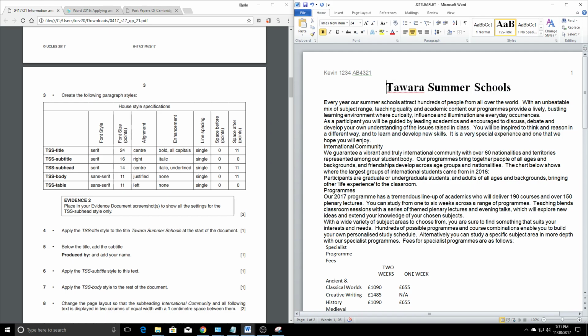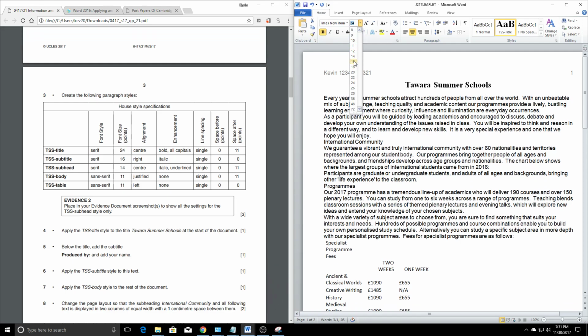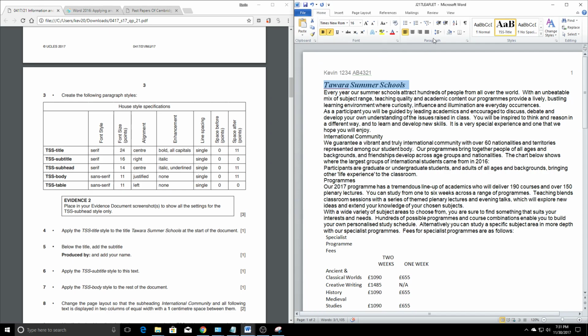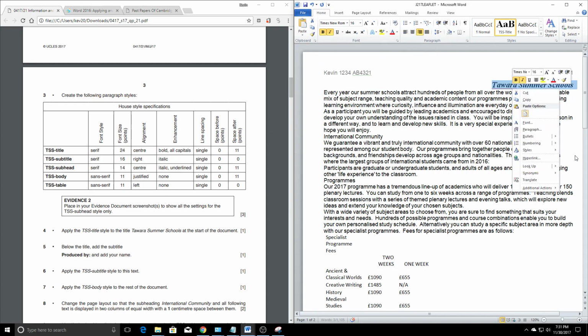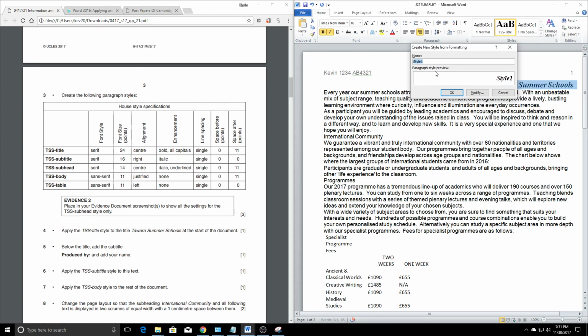We then want to do a subtitle, which is font size 16. It is right aligned. It is italic. We want to do our line spacing again, and this time single line spacing, nothing after it. That's right aligned. And we want to add in the quick style, and this is